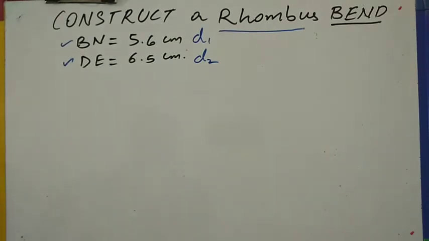So, when I am given only the diagonals' length in a rhombus, how can I construct this rhombus? See children, it is a very easy construction,